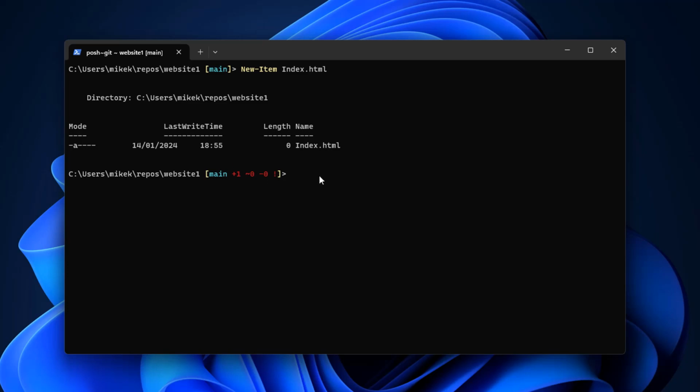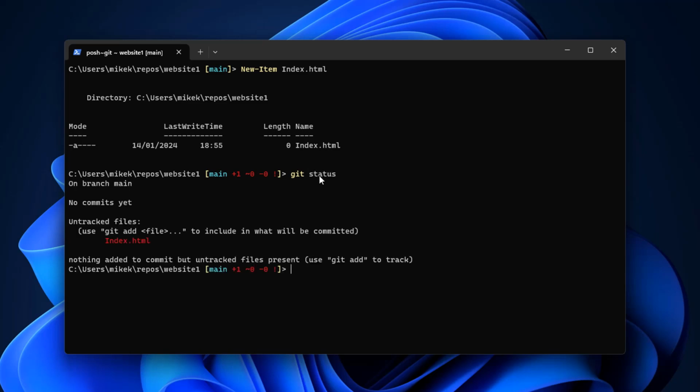We can also get a lot of this information using the git status command, which is a command that you will use a lot. So we just type in git status. We can now see that we've got one untracked change. So what this means is Git has detected a file which is not a part of its database, and we can add this file to the database simply using git add. So if we do git add and then index.html,